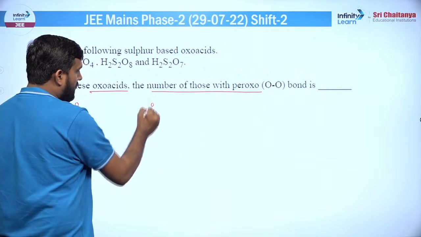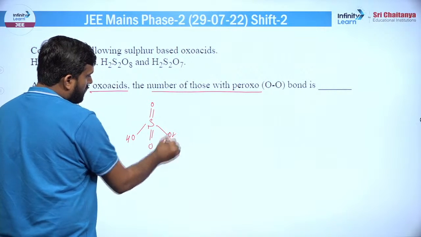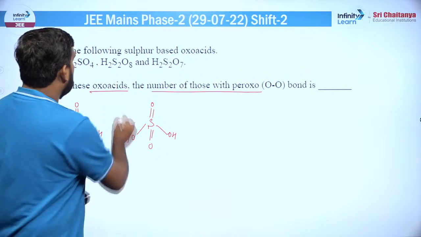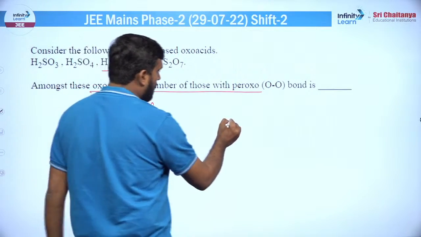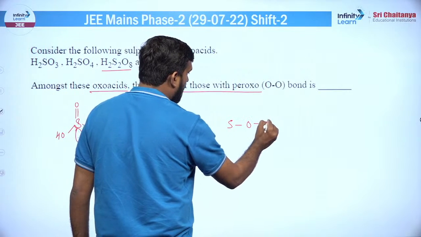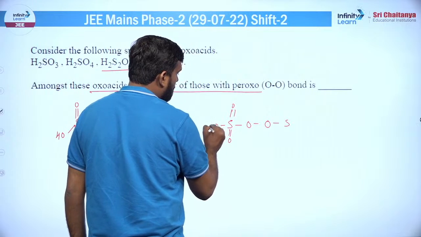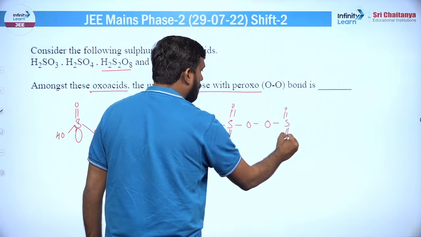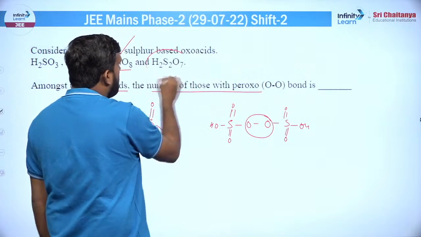दूसरे वाले की बात करें H2SO4 की, तो यहां पर आपका OH, यहां पे डबल बॉन्ड O, यहां पर OH, कोई भी पेरोक्सो लिंकेज नहीं है। अब इस कंपाउंड पर आते हैं, जो H2S2O8 है। तो ये आपका S और S होगा, डबल बॉन्ड O और इधर आपका OH आ जाएगा, यहाँ पे डबल बॉन्ड O और इधर आपका OH, पेरोक्सो लिंकेज है इसमें।